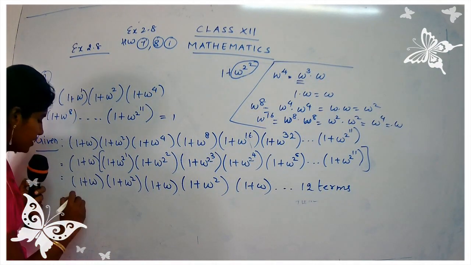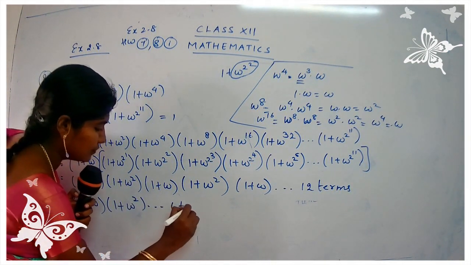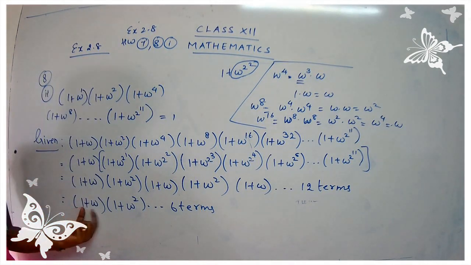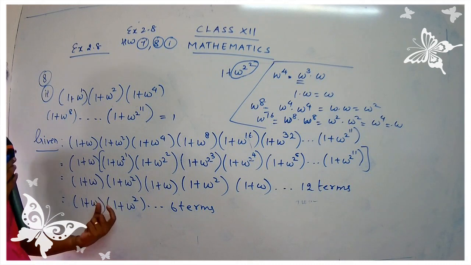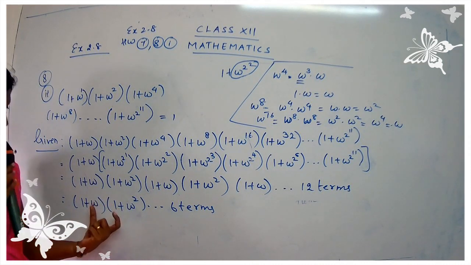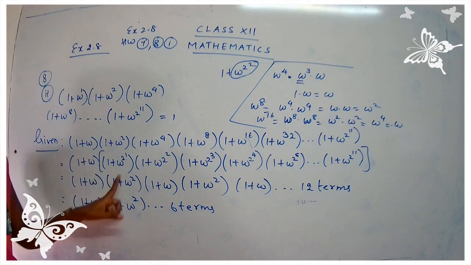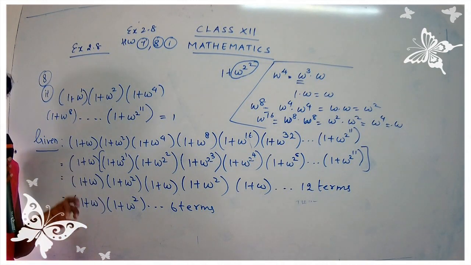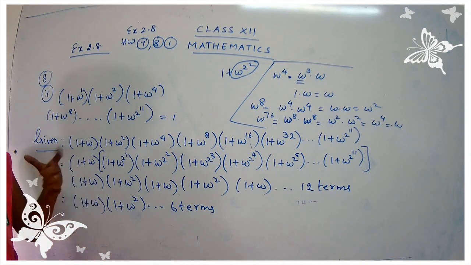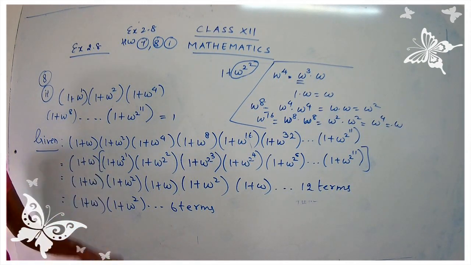Okay, so I just write down here, this is equal to 1 plus omega into 1 plus omega square, 6 times. So when you consider this pair, you will be having 6, 6. That means 1 plus omega 6 times and 1 plus omega square 6 times. So this pair is going to repeat how many times? Do not get confused, children. Here the whole term was 12. Total number of terms were 12. But when I take the combination, or the pair of it, I'll be getting 6 terms. So this one pair, then again 1 pair, again 1 pair. So how many pairs will I get? 6 pairs. That's 6 terms.